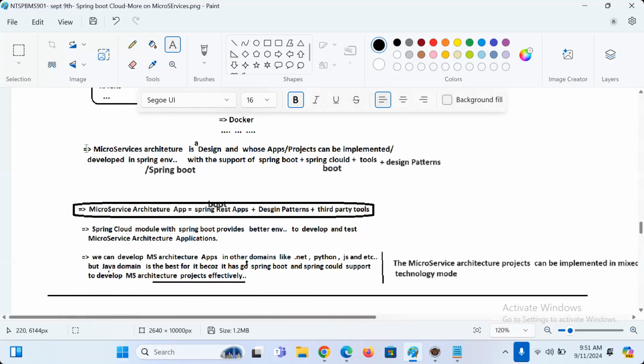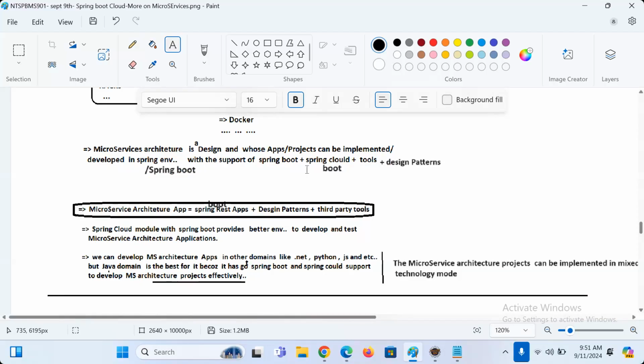Microservice architecture is a design whose applications or projects can be implemented or developed in Spring environment with the support of what, guys?